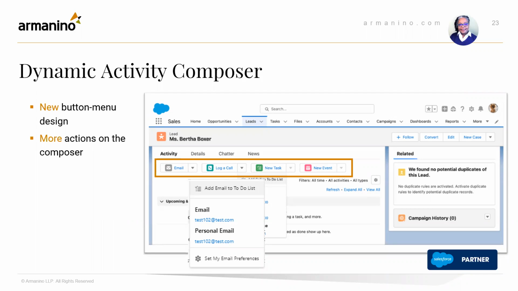So you can select from multiple email addresses and change your email settings from a single place, specifically using the button drop-down arrows. The admin determines whether users can see tabbed activity composer or the dynamic activity composer on a